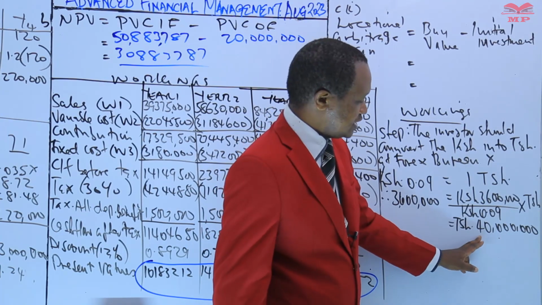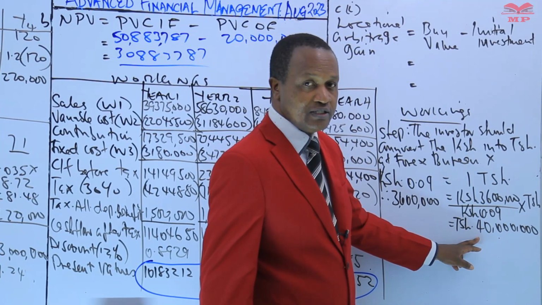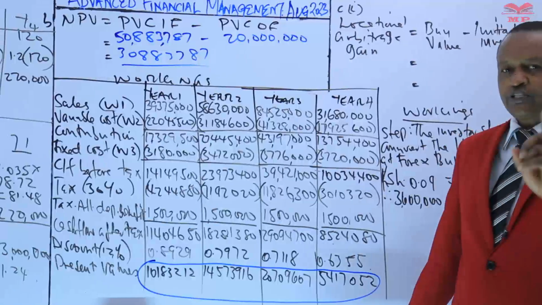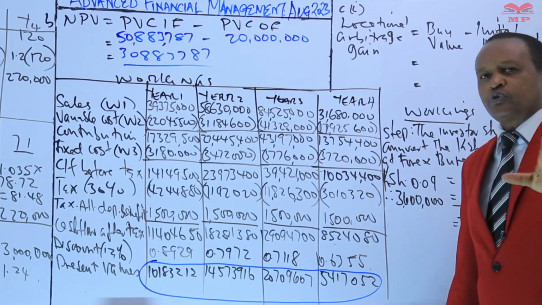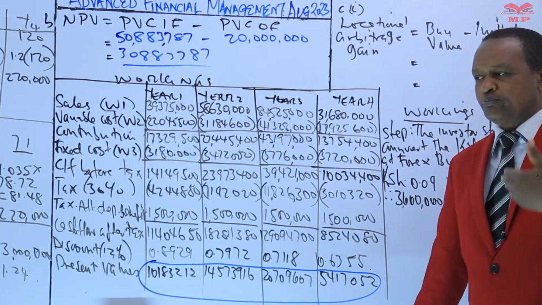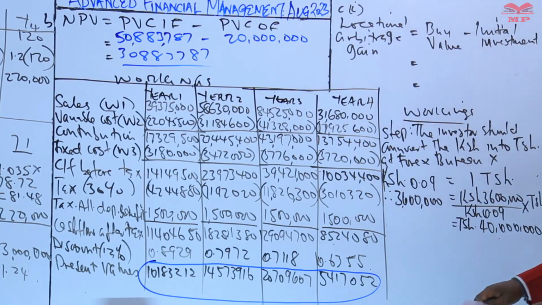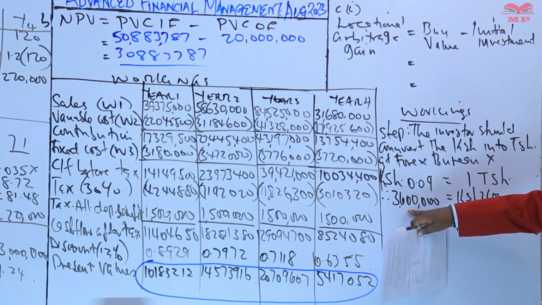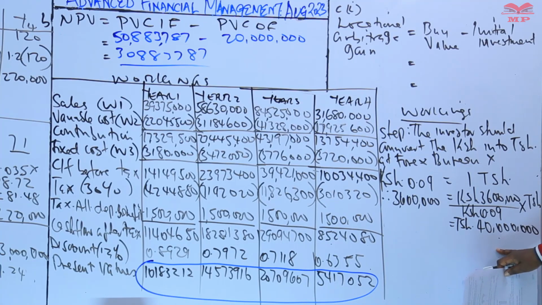having bought Tanzania shillings, has to convert these Tanzania shillings to Kenya shillings again. Because remember, we say that locational arbitrage refers to the profit that is earned by exploiting price differences in the market. So after converting the 3.6 million Kenya shillings into Tanzania shillings, the second step is to convert